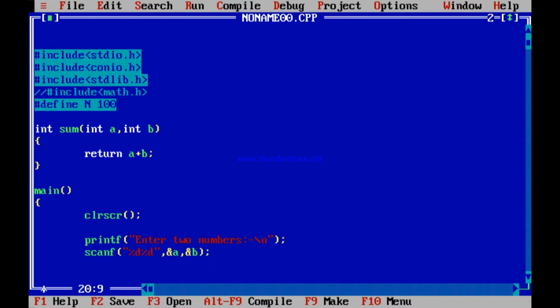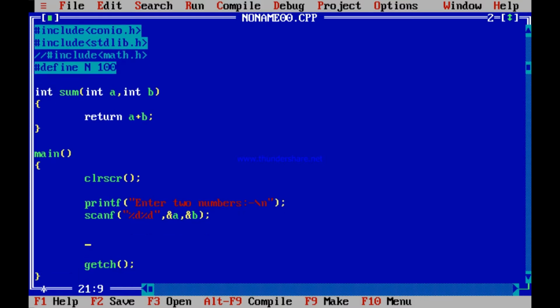So a and b, you receive those two numbers. Now how to do the sum? Very simple. You can use a variable, say s equal to sum of a, b. Instead of doing a plus b, you call the sum function, if it is there with you. So s equal to sum a, b, followed by printf the sum of the two numbers is %d.